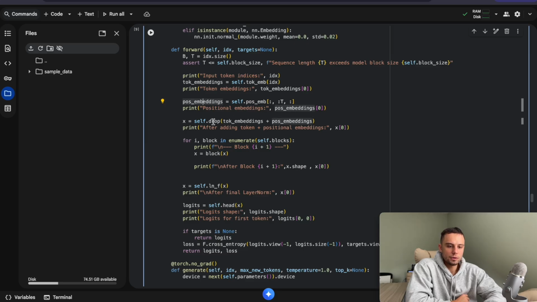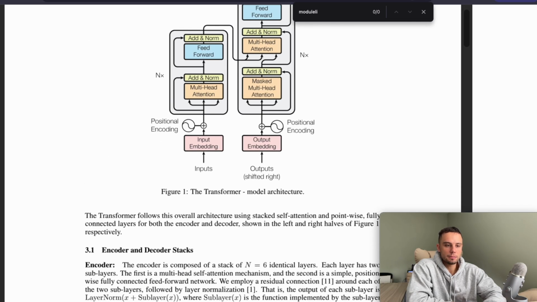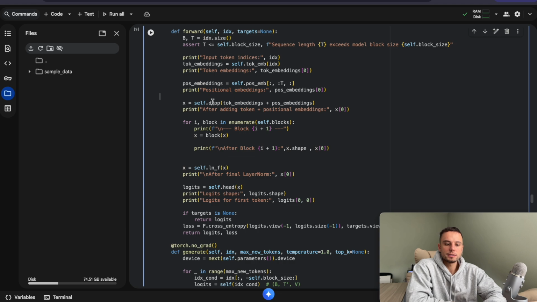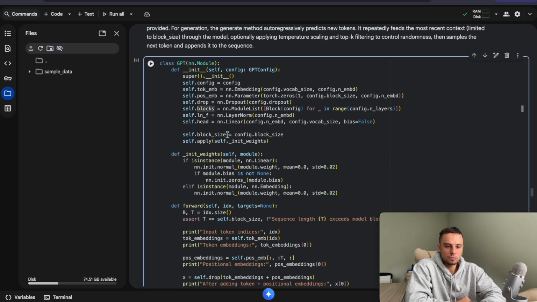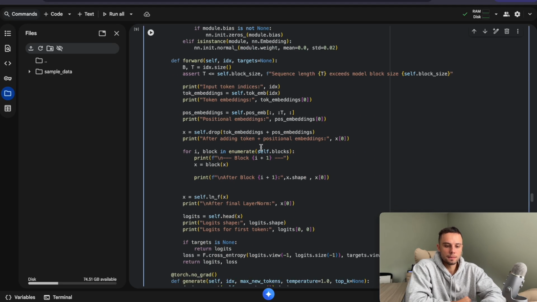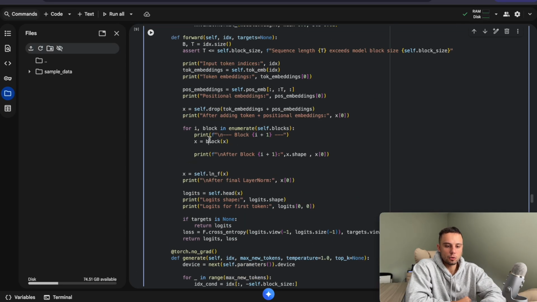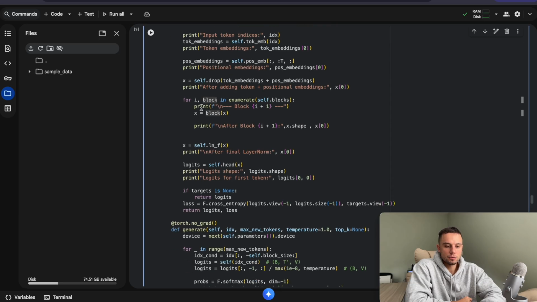Then here we're going to create our positional embeddings. We're going to sum them with the token embeddings, just how it is done here in the paper. And then we're going to run the self.drop to have some of the parameters reinitialized to 0. And as I said before, this is specifically done so we don't overfit. Once we do that, for every block that we created, so you remember we created multiple blocks which are going to be placed in this module list, for every block in self.blocks, we are going to pass our tokens through each block, right? So once we do that,